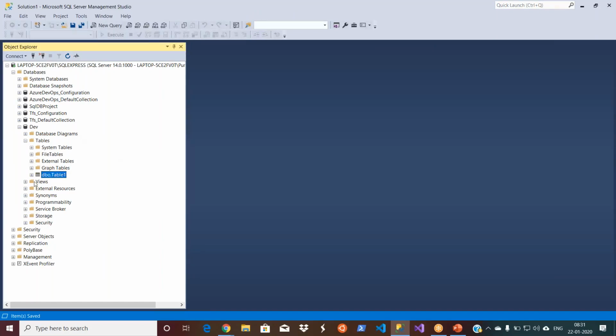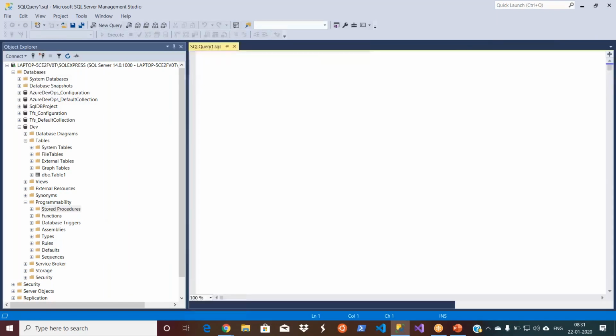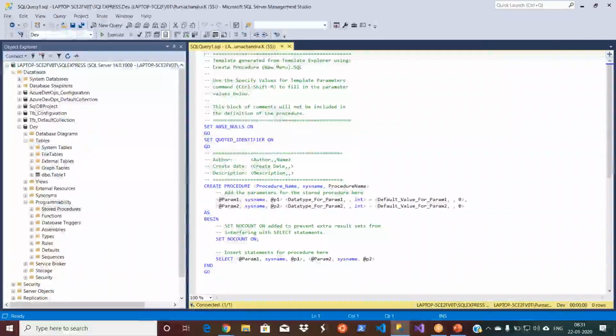In the same way, people can go and create some procedures as well. Let's go and create a stored procedure. The good thing with these is I don't need to write anything. I can simply use it. I'm not writing any code here. I'll just save it as it is. Since this is a stored procedure, it is executable. You need to execute it rather than saving it.